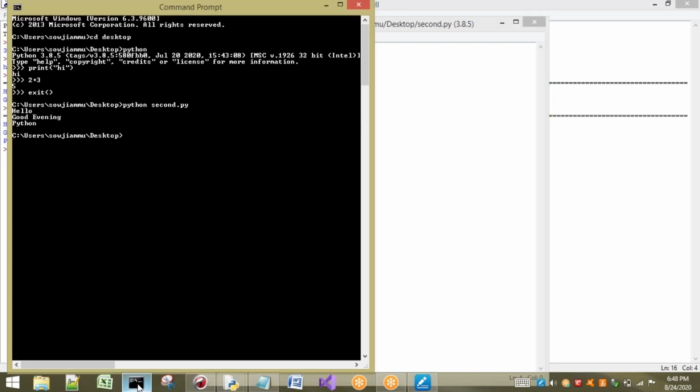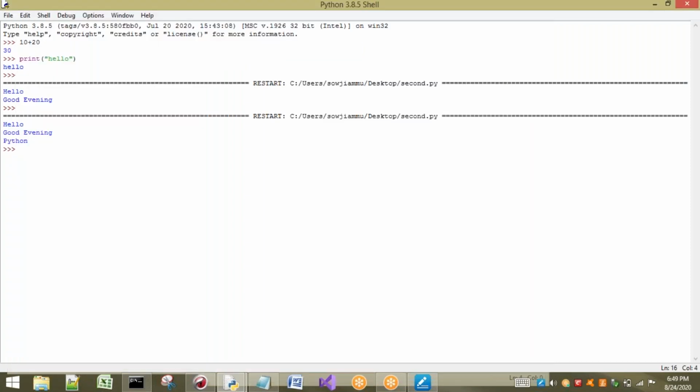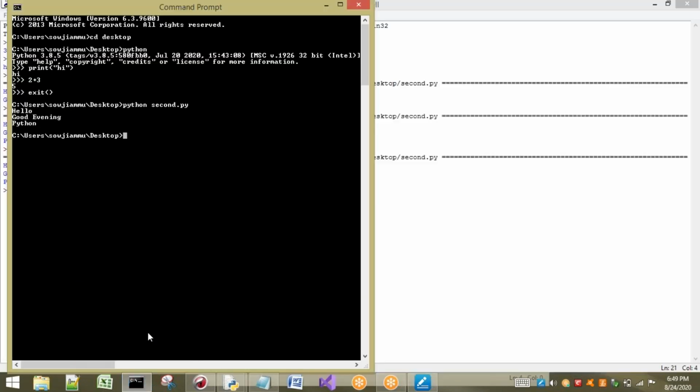But the command prompt belongs to our computer, whereas this shell belongs to Python itself. So there is no need to type python followed by a file name .py. Directly when we press F5 or Run Module here, we get the output on the Python shell. In the same way, if we want the same output using our command prompt, first, to execute single statements, I just have to type python. Then automatically you get the Python shell, and in the same way we executed single statements in the Python shell, we can execute them here also.